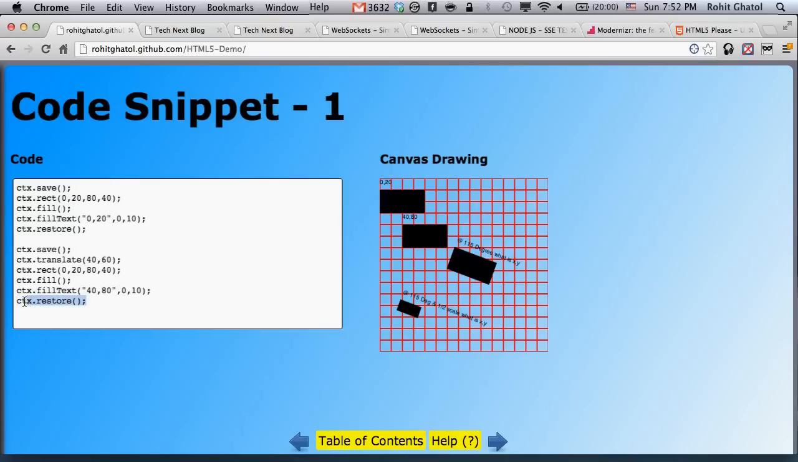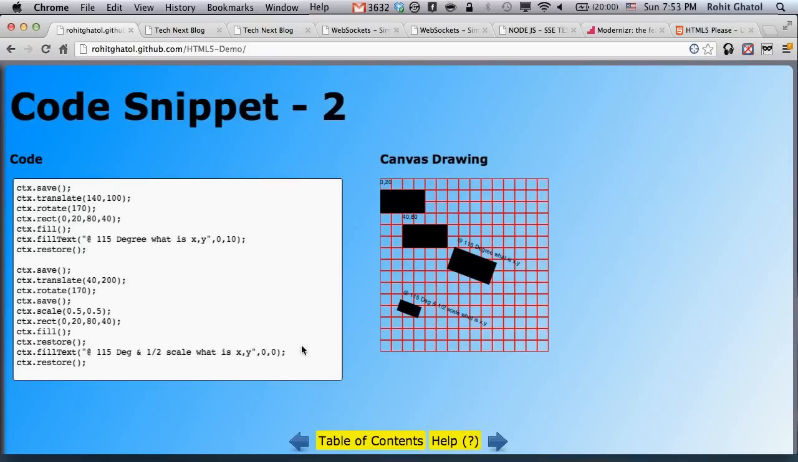So when I say restore over here, whatever was 0,0 before this point is restored, which means the 0,0 actually becomes 0,0 instead of 40,60. So here I'm kind of rolling back these calls which affect the canvas global properties. Similarly,